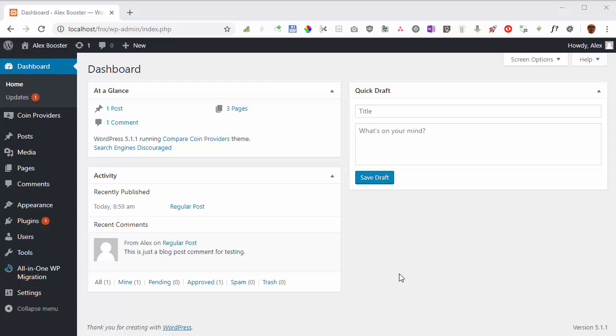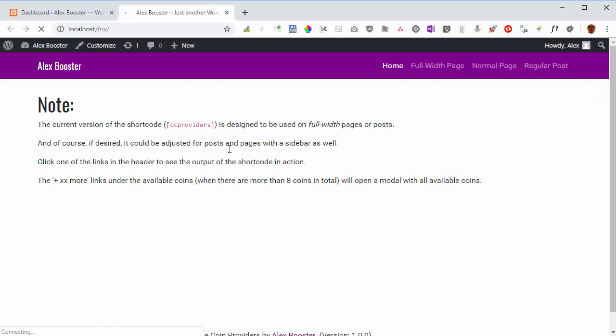Hi, I just wanted to make this quick recording to go through a couple of things to make sure that you don't miss anything. So let's start by going to the home page as it is now. It's very simple, nothing fancy here. It just explains the short code that the users can use, and it is currently designed to be used with full width